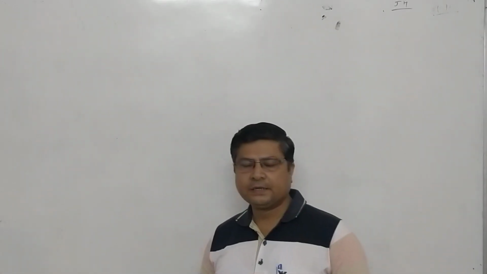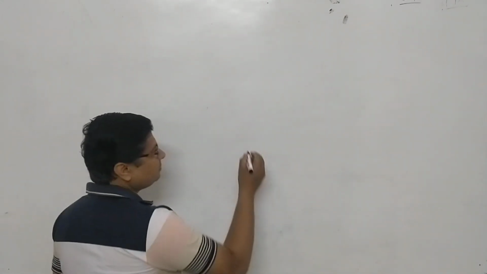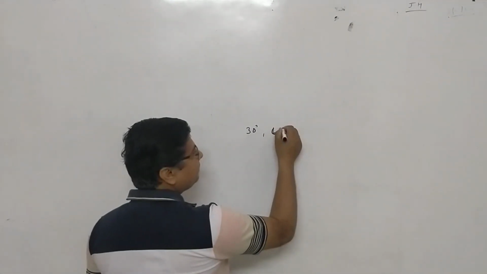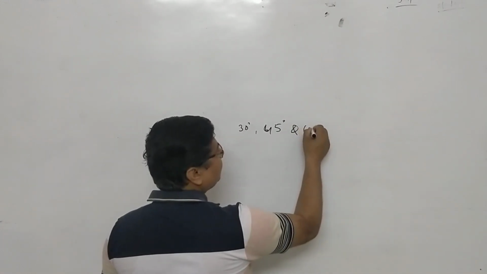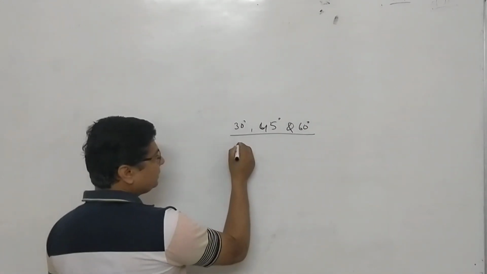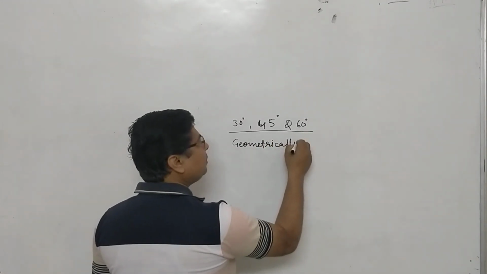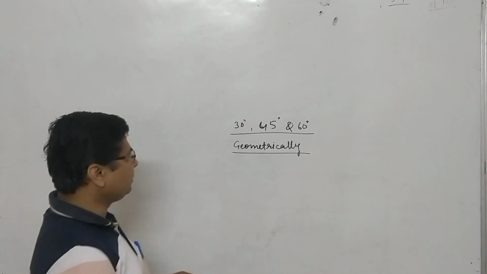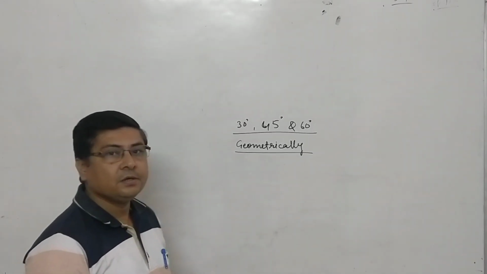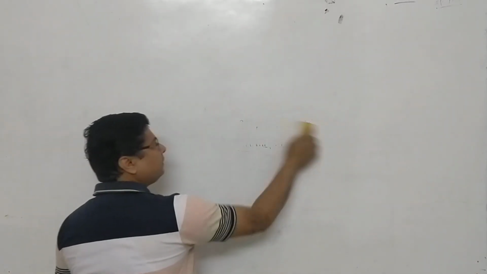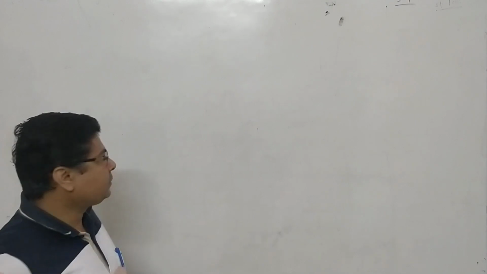स्टूडेंट्स, लास्ट क्लास में हमने ट्रिग्नोमेट्री के कुछ बेसिक्स देखे थे। आज भी अपन ट्रिग्नोमेट्री के कुछ बेसिक्स ही देखते हैं। हम कुछ वैल्यूज होते हैं लाइक 30, 45 एंड 60। इनके वैल्यूज हम ऑब्टेन कर सकते हैं ज्योमेट्रिकली। तो आज हम यही सीखते हैं कि हाउ टू ऑब्टेन वैल्यू ऑफ sin 30 और cos 30 और tan 30 और 45 और 60 geometrically. Let us start how to find value of sin 45 degree or cos 45 degree.